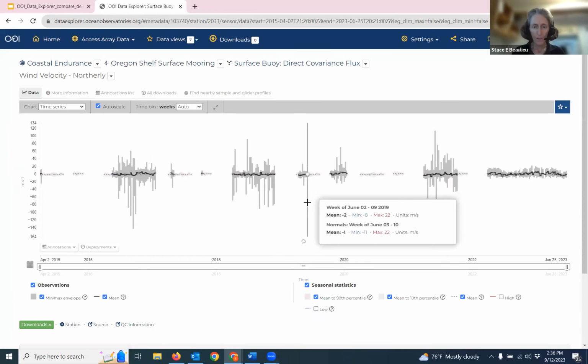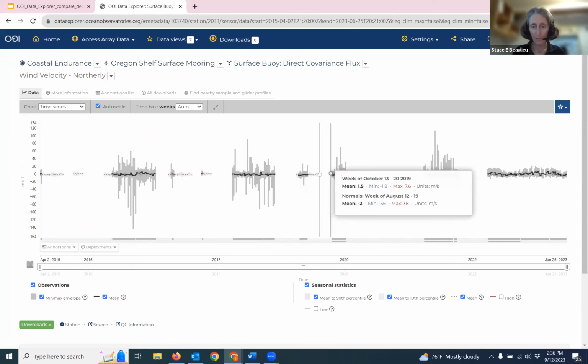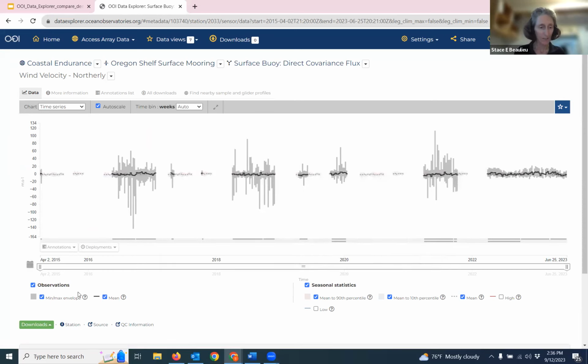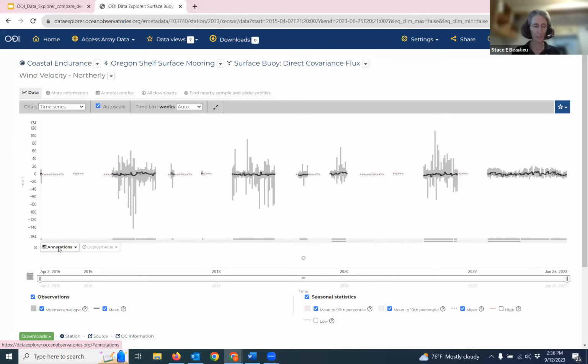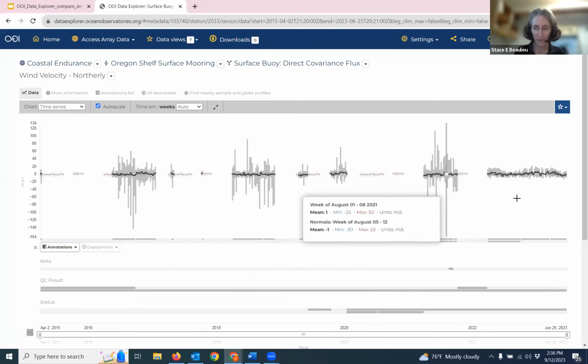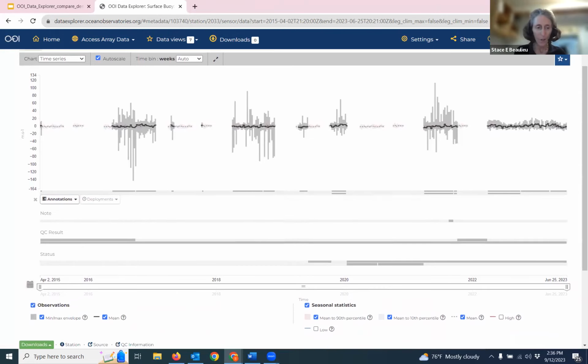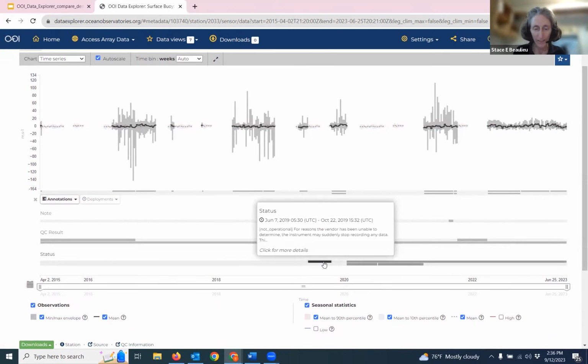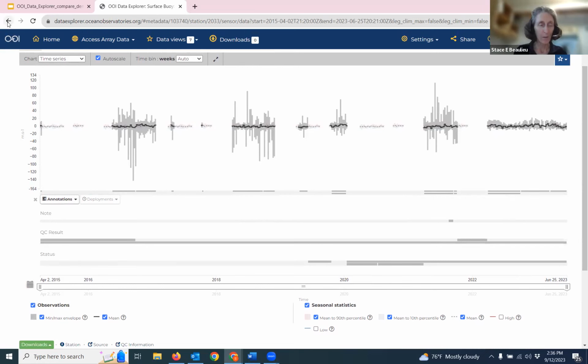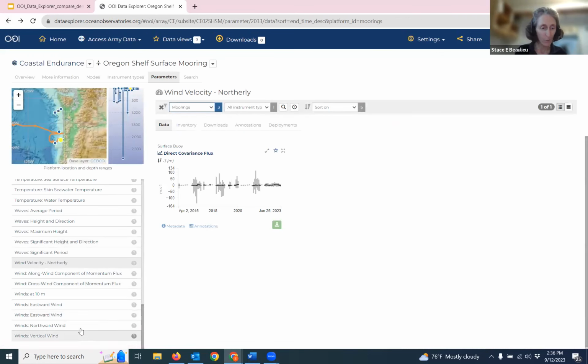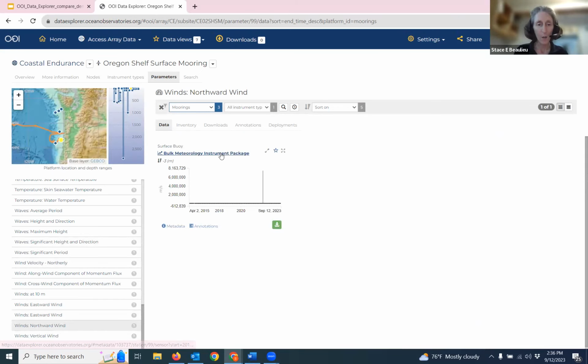There are some periods in which data are not available. It does look like that might be the case in summer of 2019. So I'm going to select annotations just to see if there's information available for that time period. It's opening some horizontal gray bars near the bottom, and I see in June 2019 that instrument was not operational. So I want to step back to my other choice, which was wind northward wind,